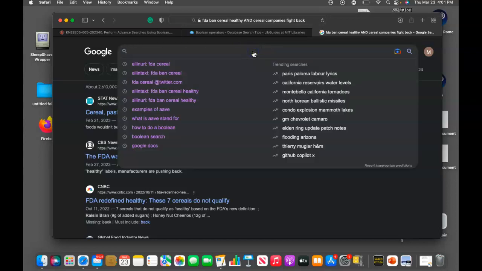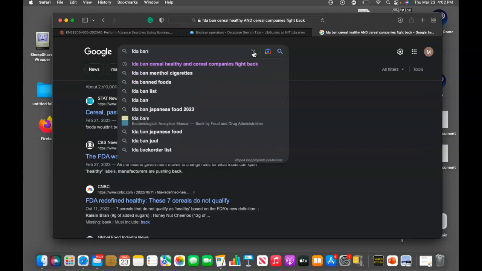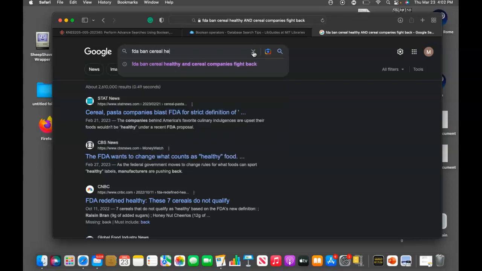Our next one is OR. OR broadens your search because it allows for synonyms or anything like that. So let's do a similar thing. FDA ban cereal healthy, or, remember your Boolean all capital, OR